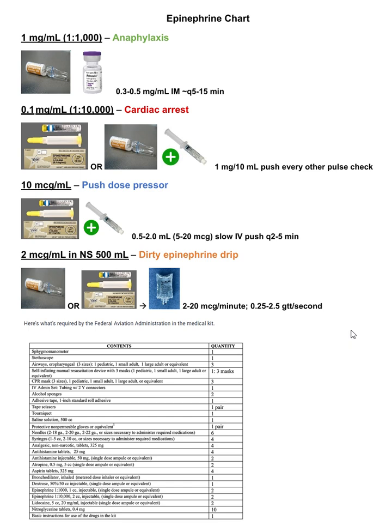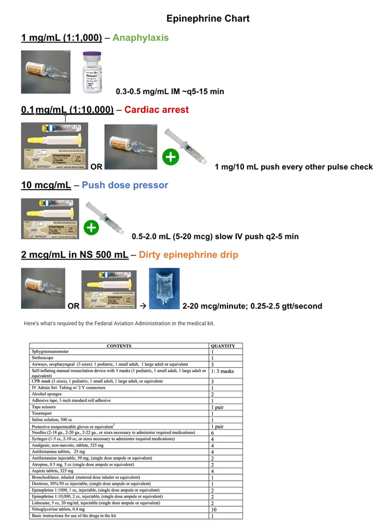So that's epinephrine in a nutshell. Again, this is an epinephrine chart. I made this. You can use it if you'd like. Just a quick summary: 1 mg per ml, or 1 to 1,000, is used for anaphylaxis. You use 0.3 to 0.5 mg IM every 5 to 10 minutes for